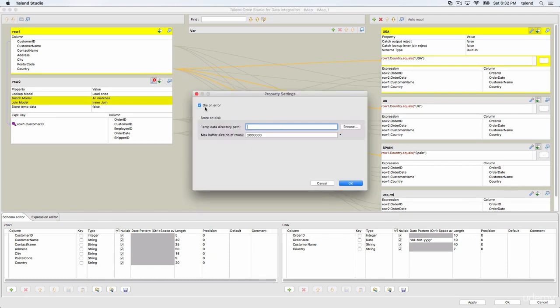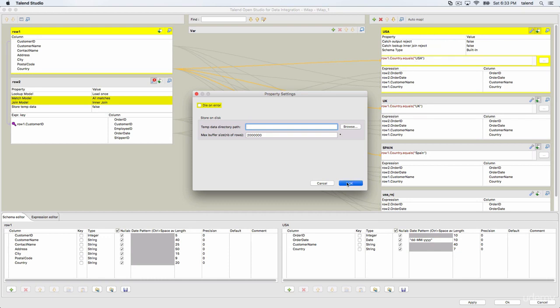One, you can just select die on error. What happens is this tMap component will die and it will kill the job. So what you can do is, if you are expecting such kind of data, you can uncheck this. Once you uncheck, you will get a different output here.